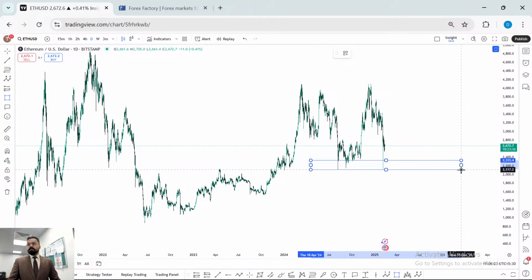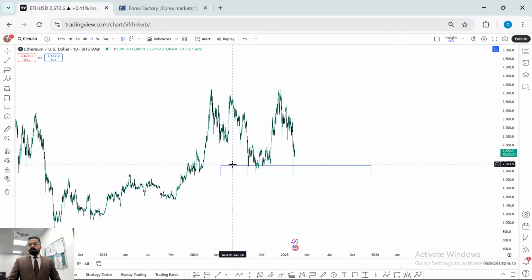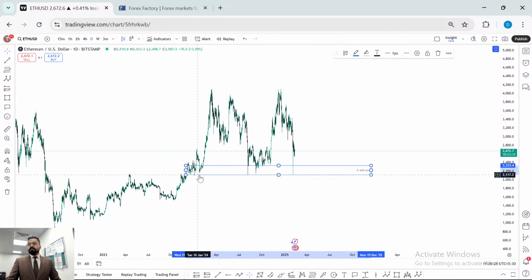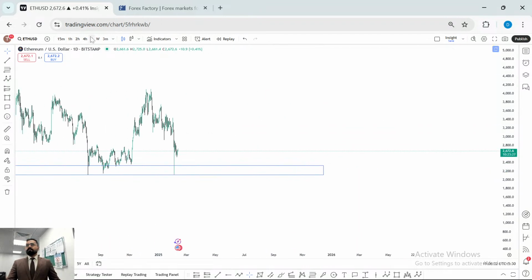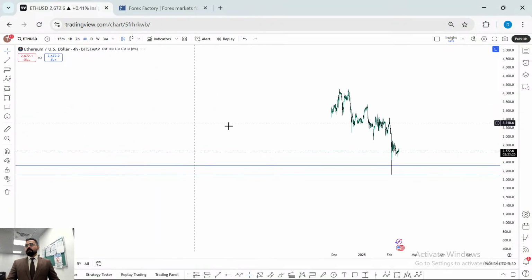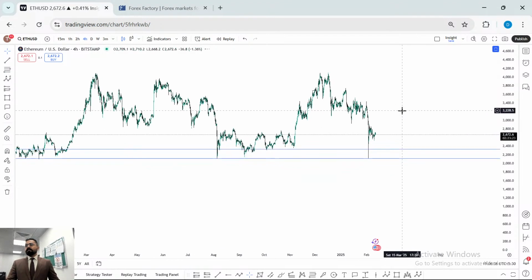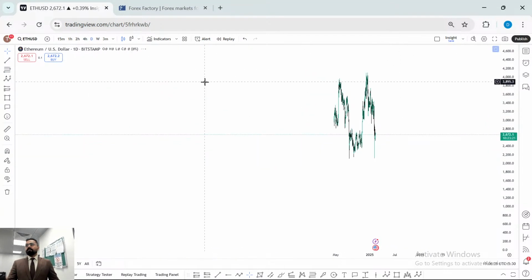Ethereum is keeping the support very well. Previously, it got multiple pumps from here. So we have to look for the buy opportunities. Okay, how can we look for the buy opportunities? For example, if I go on the daily,